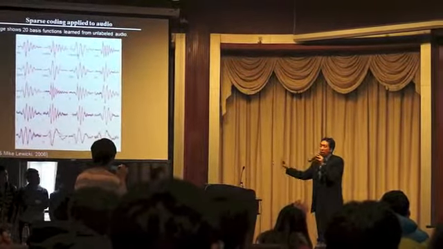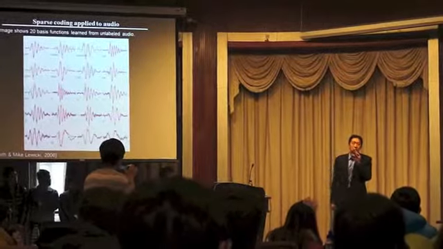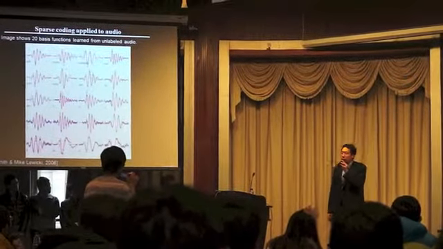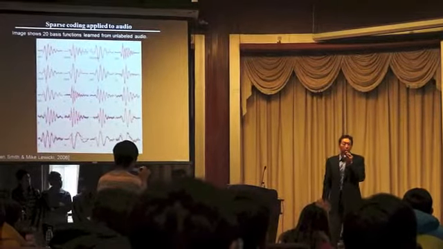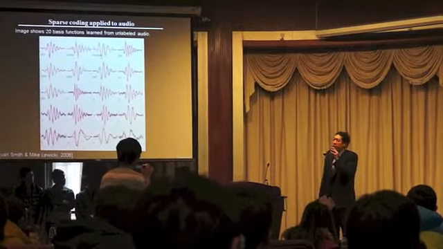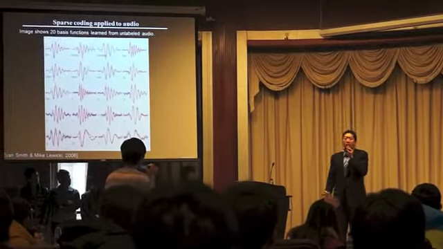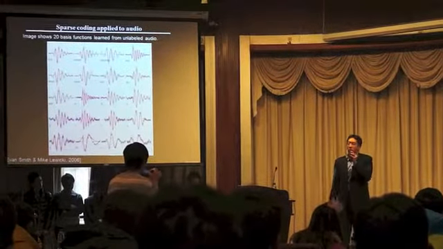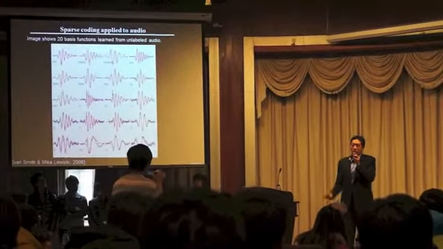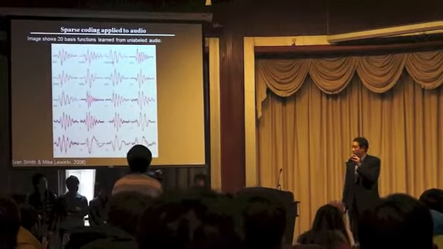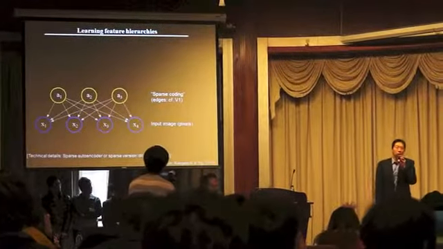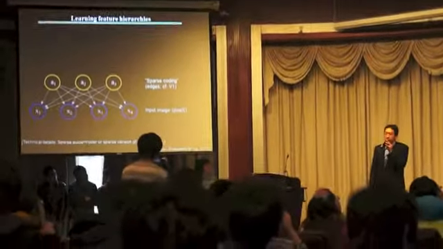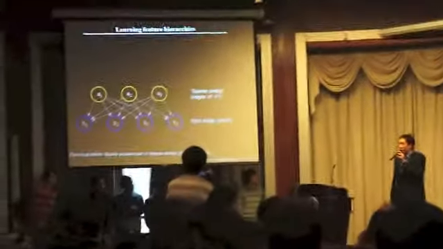I'm not going to show the slide because of time, but some of my students at Stanford have applied this to explain early touch processing, early somatosensory processing, and it turns out the same algorithm gives not a perfect explanation, but a surprisingly good explanation of the model of early somatosensory processing as well. So beyond sparse coding, what we can do is then recursively apply this idea to build even higher levels